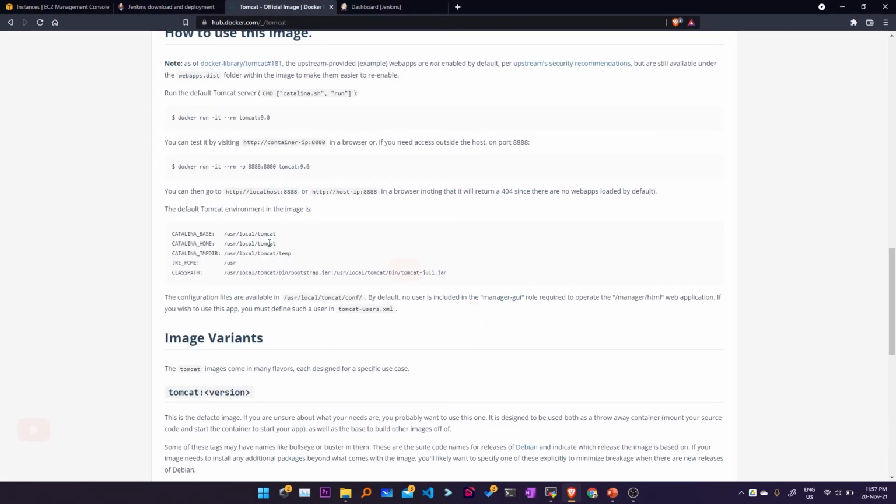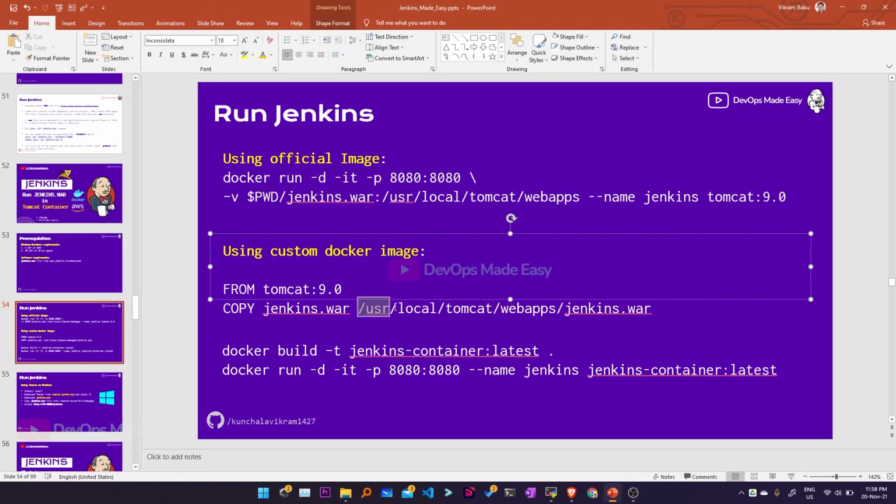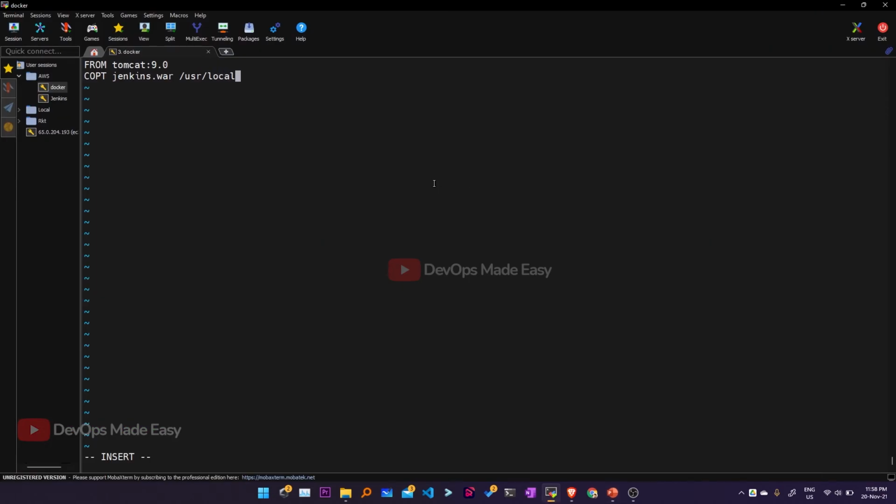So it is /usr/local/tomcat, and the same can be cross verified here. Then inside webapps I'm going to copy the same file with the same name, and this is how you write the Dockerfile, although it is not the best one, it does serve the purpose.